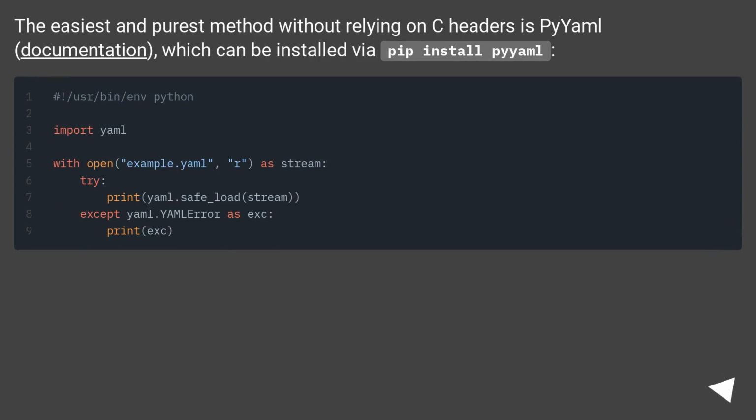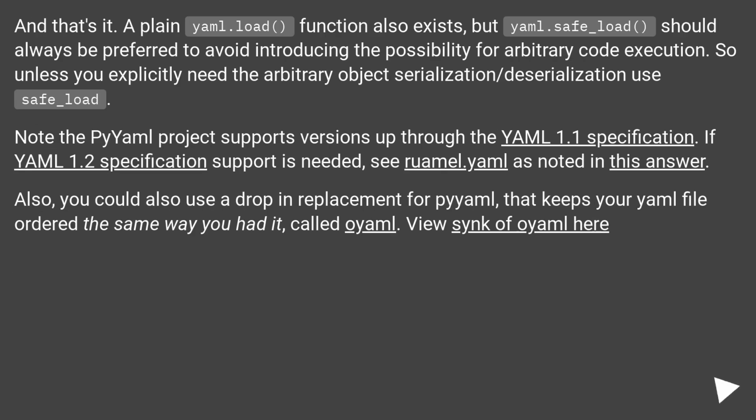The easiest and purest method without relying on C headers is PyYAML, which can be installed via pip install PyYAML. And that's it. A plain yaml.load function also exists, but yaml.safe_load should always be preferred to avoid introducing the possibility